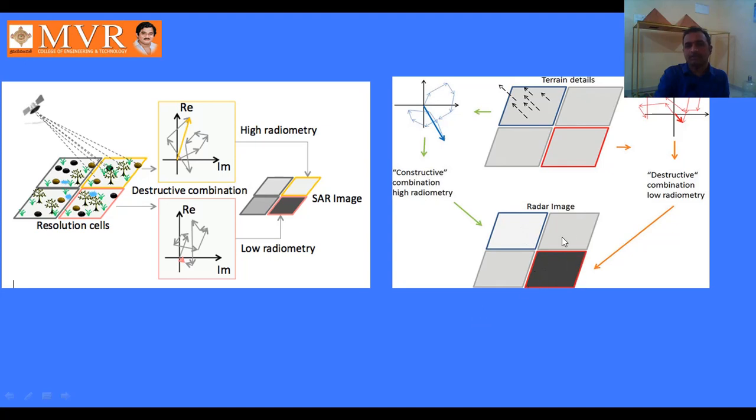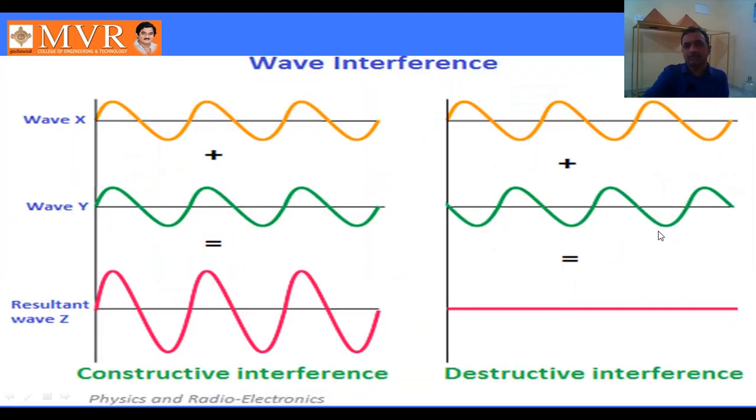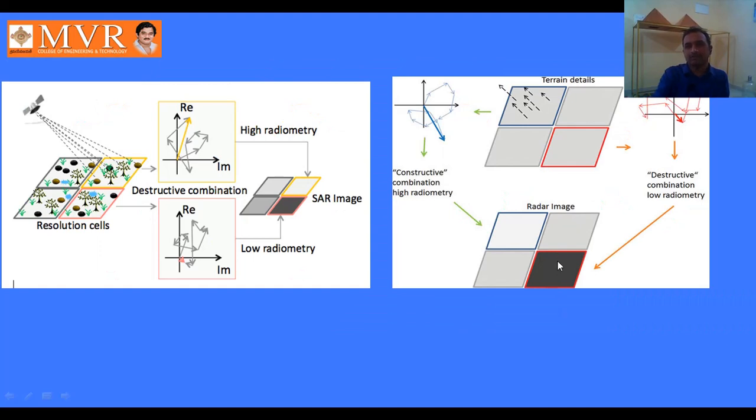This is the bright and dark. This dark fringe happened due to the destructive combination. Why did the destructive happen? One is crest, one is trough. These two are superimposed, then we will get the dark fringe. Result is 0. Here the result is maximum. So that's why with destructive interference we will get the dark fringe on the satellite image.